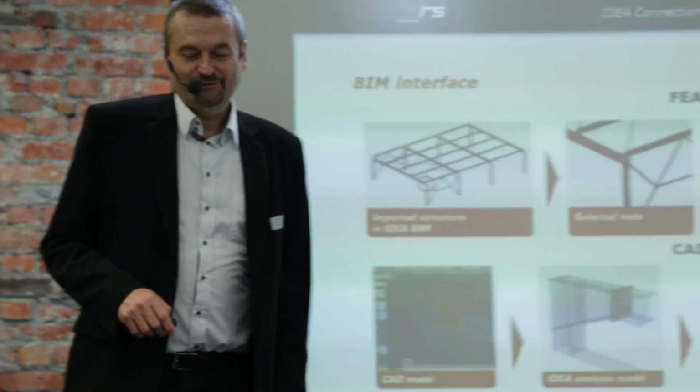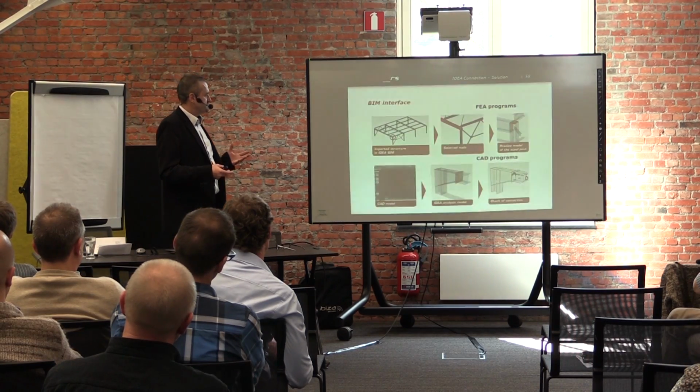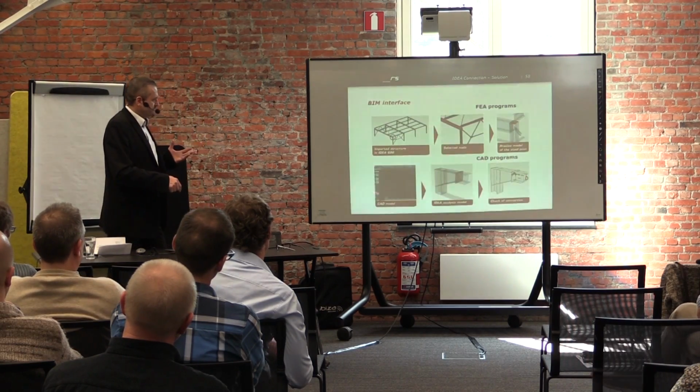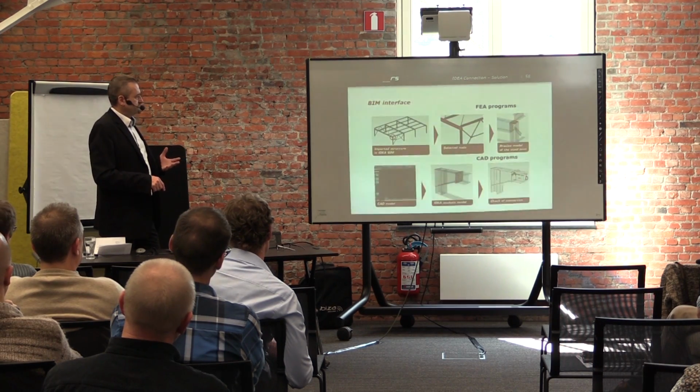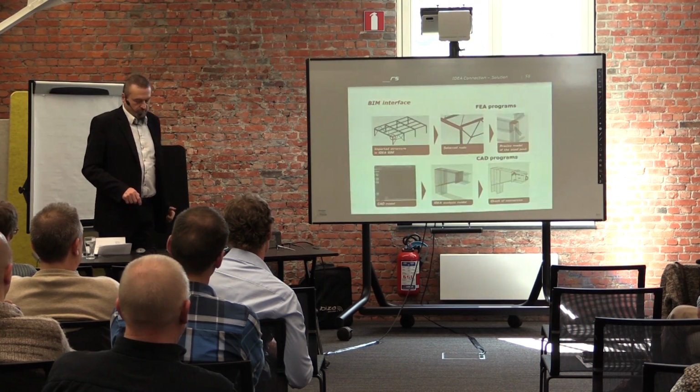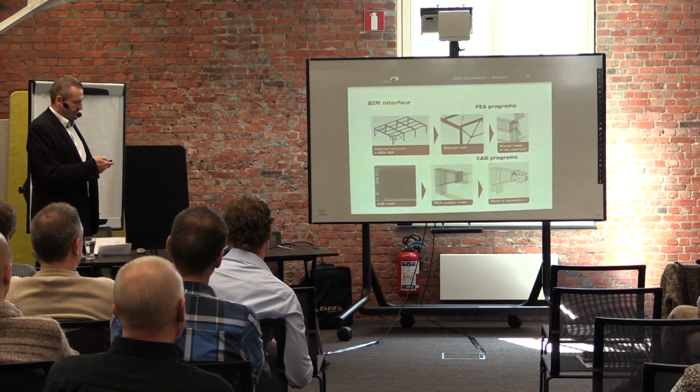With these CAD programs, we have in fact the opposite way. This is an example, sorry, it is not almost visible. It is from Advanced Steel, from Autodesk. In this case, there is a precise model of the steel structure, a precise model of the joint, and we read this model directly, and then we can make the analysis of this. So these two ways of interface we can handle.